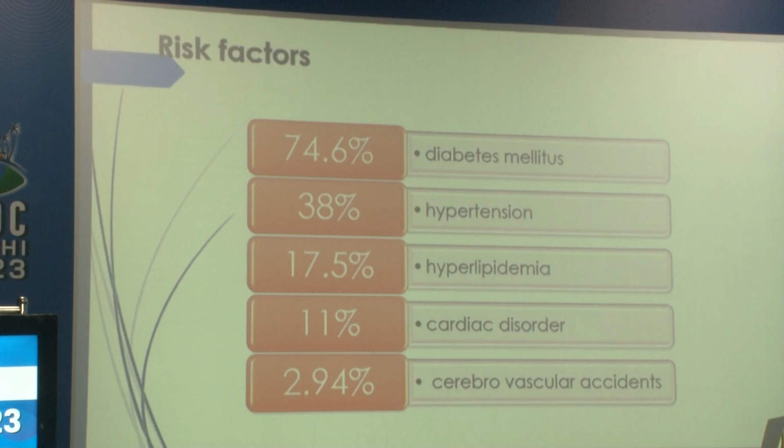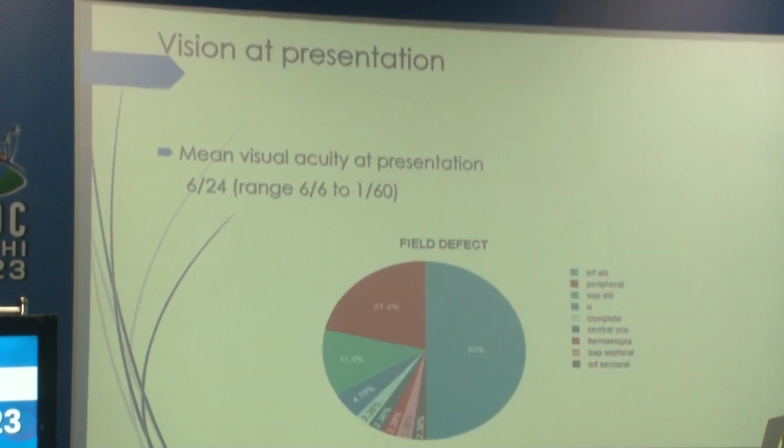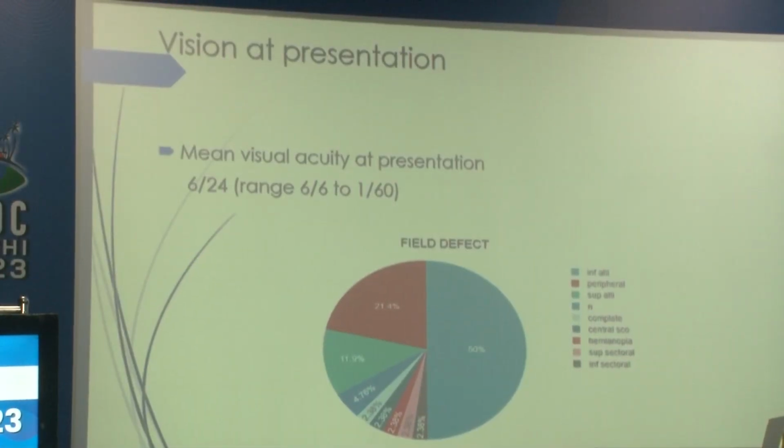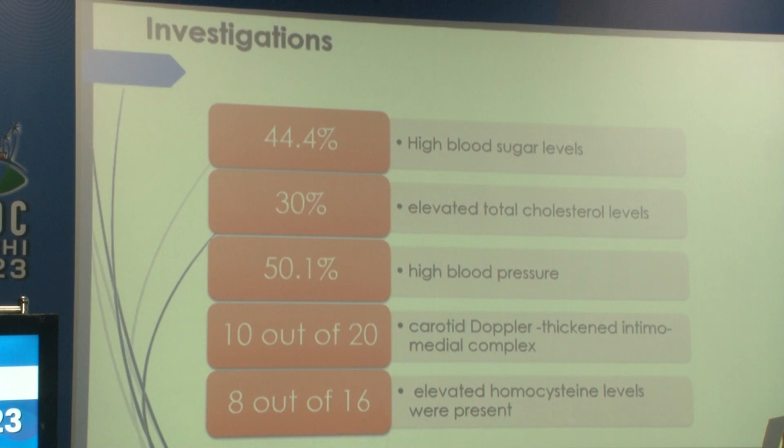All our frequencies were comparable to the literature that is already published, and patients presented to us with a mean visual acuity of 6/24 and altitudinal scotoma as the most common defect noted. So the investigations were comparable to the literature, but the only thing is we had 20 patients coming back to us with carotid Doppler, of which 50% had an increased intimomedial thickness in the common